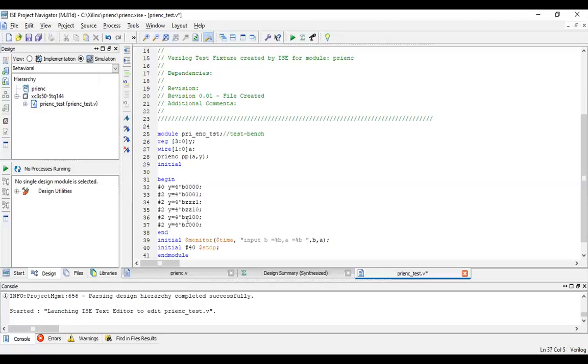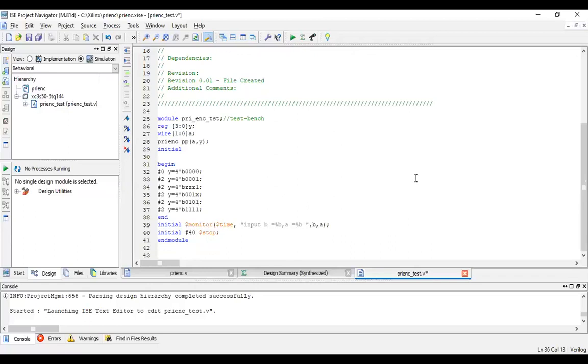And the last combination, let me keep this as XX, or let me give it as 1 1 1 and see what is happening. And here let me keep it as 0 0 and let me make this X. Different combinations I've given. Let me make this as 1. And let us see what happens to the output.